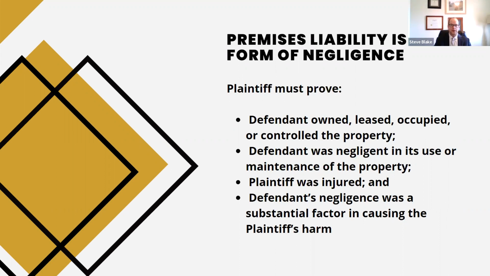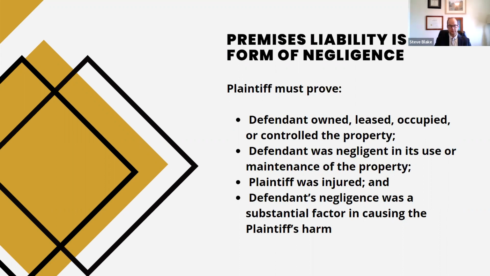Then they have to show that the defendant was negligent in its use or maintenance of the property. And this is usually a pretty intensive factual inquiry during a trial. For example, if there is a broken sidewalk that somebody trips and falls on, the injured party is going to want to show that the landowner was aware of that, potentially that somebody else had tripped and fallen on it earlier, and the landlord did not take sufficient steps to fix that,